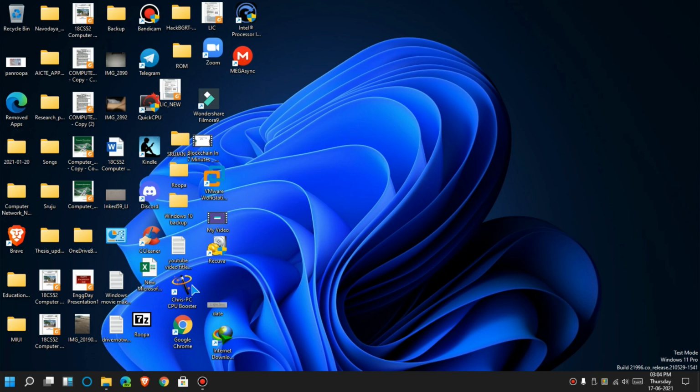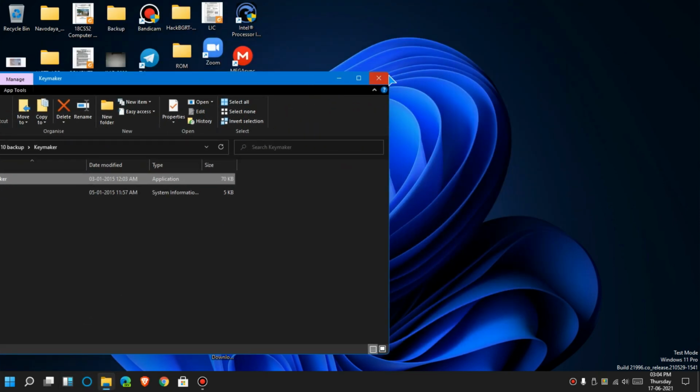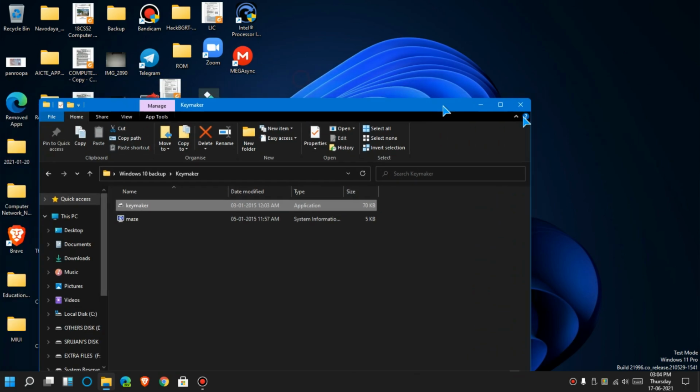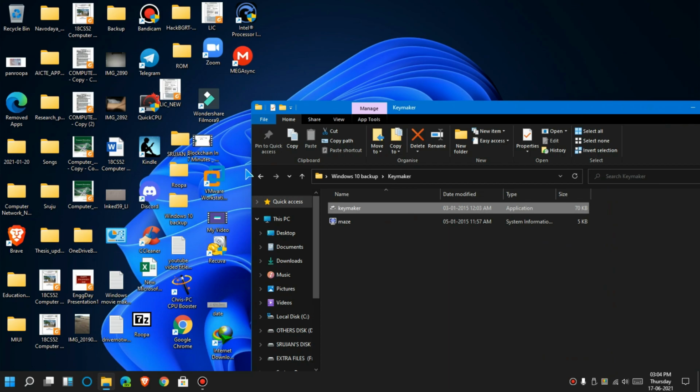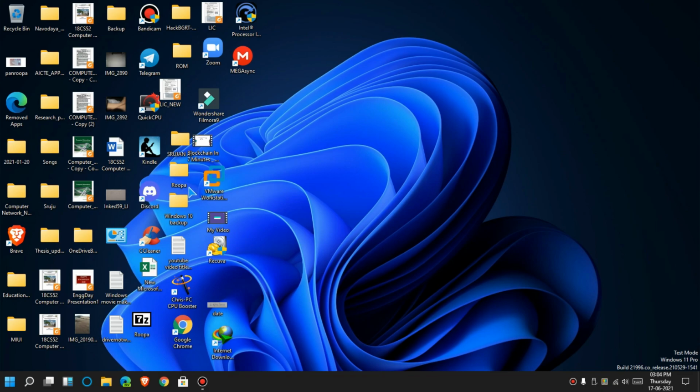And another change here is that when you open applications, there are curved edges. As you can see here, there are curved edges which make the app design more colorful and attractive. So there are curved edges in the applications. So yeah, they're okay. And another big change is the new action center.